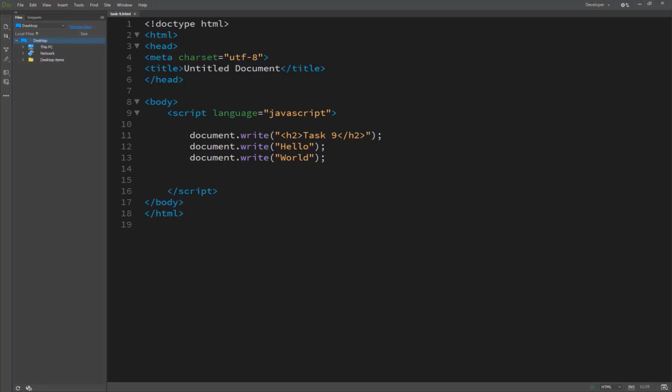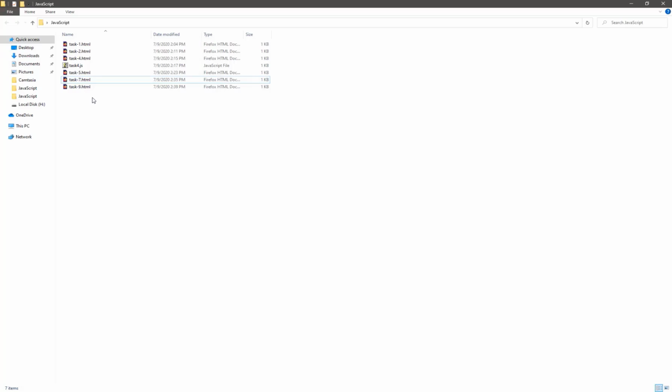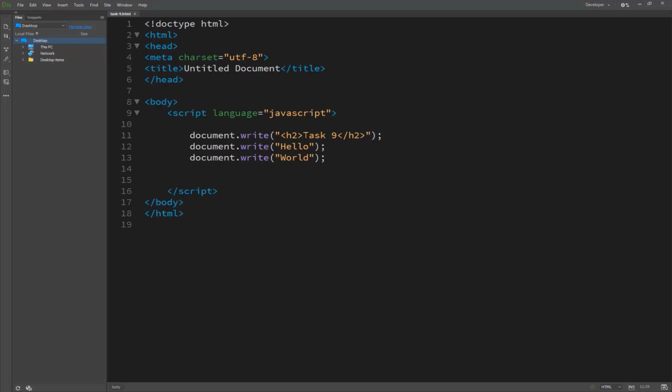Now we save this and take the result in task 9, and you see task 9 printed in H2. And if we use strong here, now you see the results.